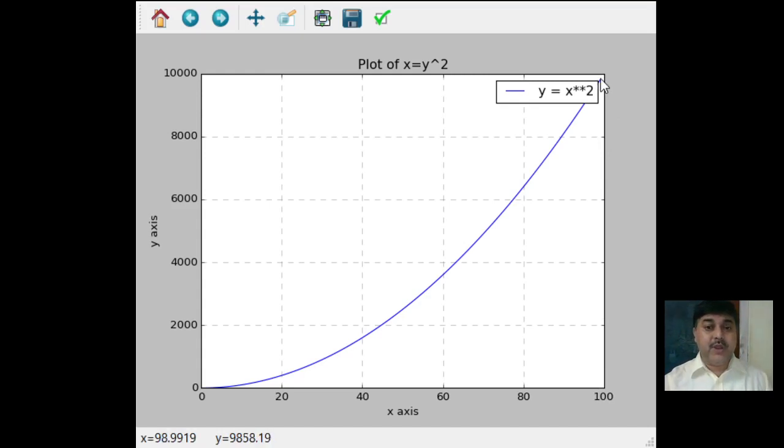This particular point is 99. Based on these values, the y-axis values have been calculated. So the x-axis and y-axis values have been calculated, and the naming has been given. See the point given here, 0.4, that is the width, and see the grid in the background.